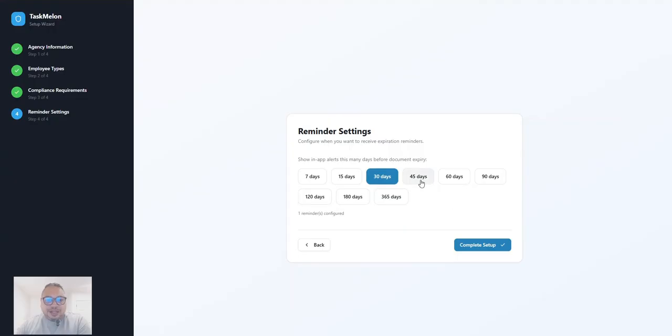So you're going to have that there. You can again set yourself multiple reminders if you want. So you can do a 30-day, 15-day reminder, and even a 7-day reminder if you want. It's fine. It's up to you, however you want to set it up. Okay. You're going to complete the setup. It's going to set up your account,